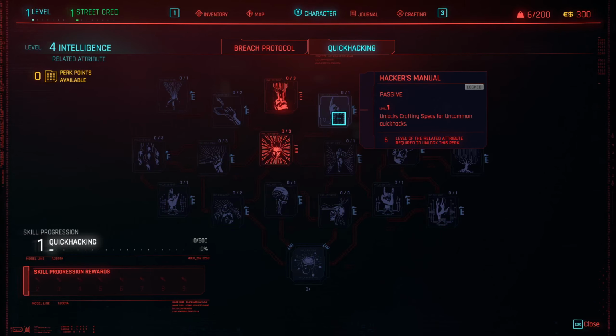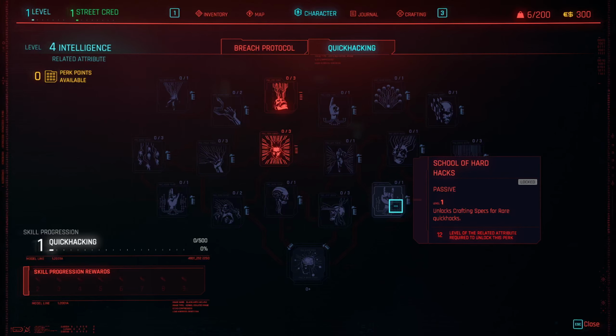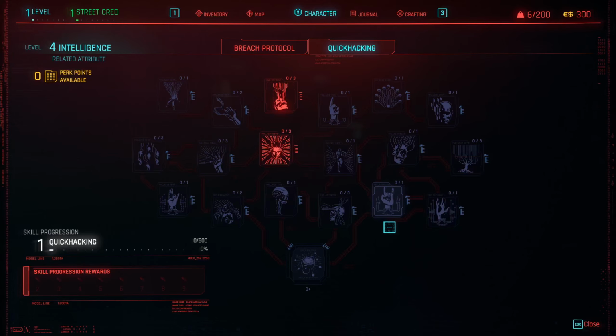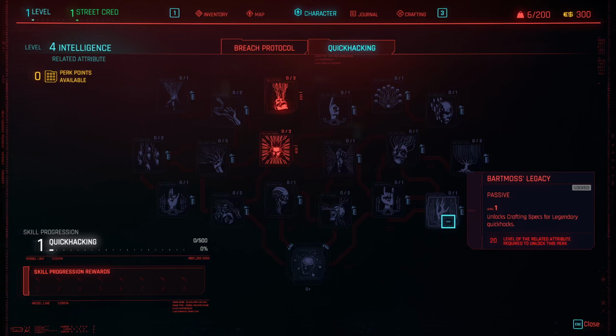signs. This one is 1. One in the pink, 2. No, wait a minute. What was it? 2 in the pink, 1 in the stink. This is number 6. Yeah, unlocks crafting specs for rare quick hacks. This is 1. This is 2. This is 3, and this right here is 4. Actually, it's more like 5, isn't it? Anyway,